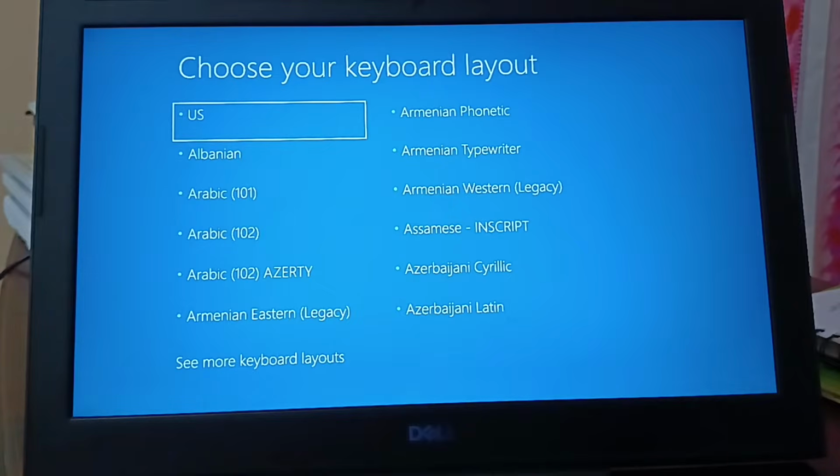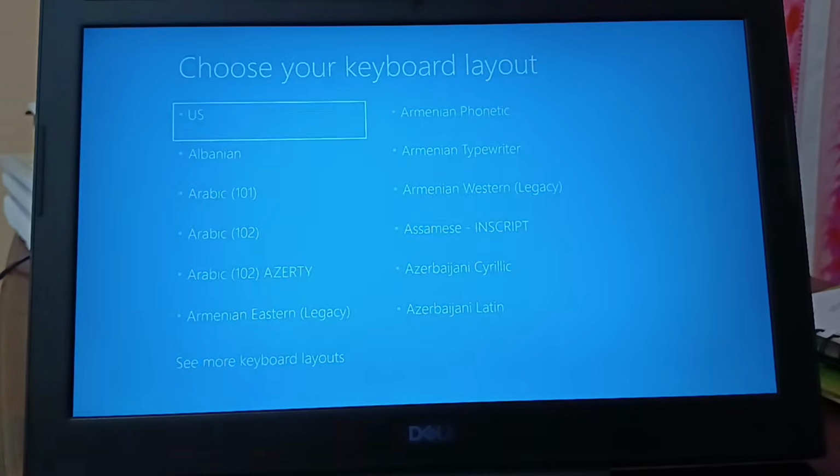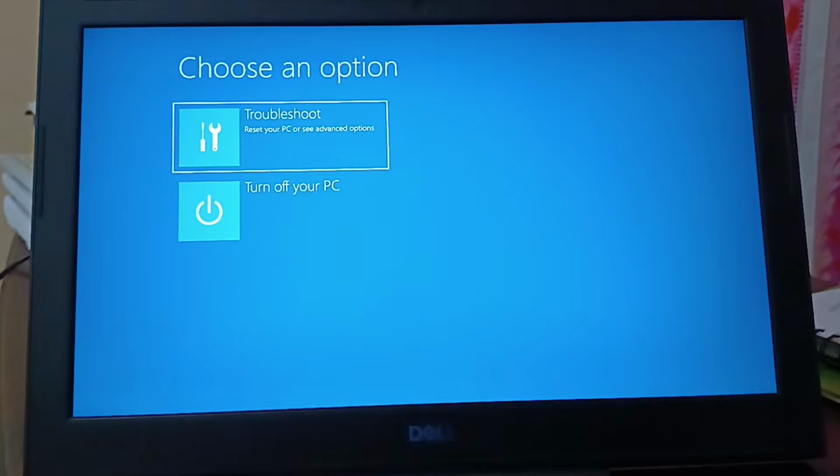So I'm stuck over here. Choose your keyboard layout. It is a loop in Windows 11. Every time I choose the keyboard and I get over here, it's a troubleshoot. I'm not being able to log in into my PC. When I click on troubleshoot,